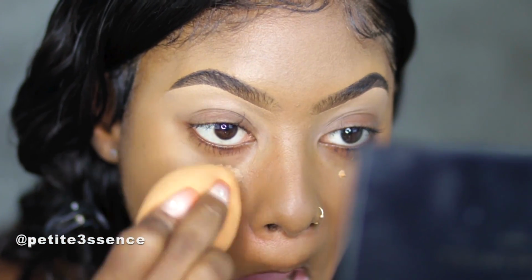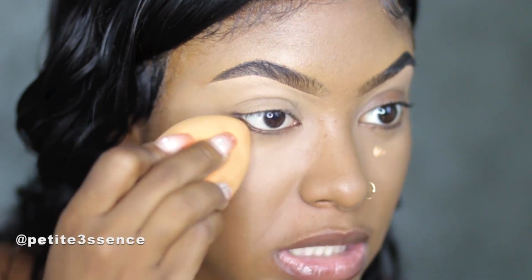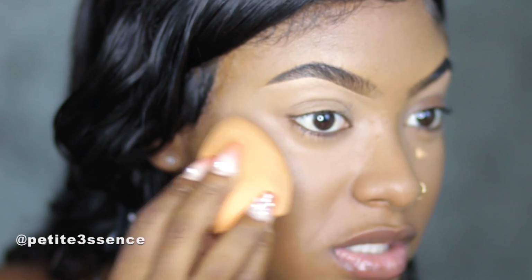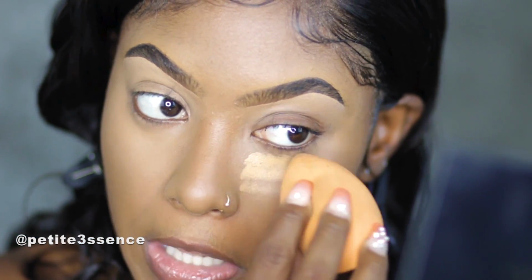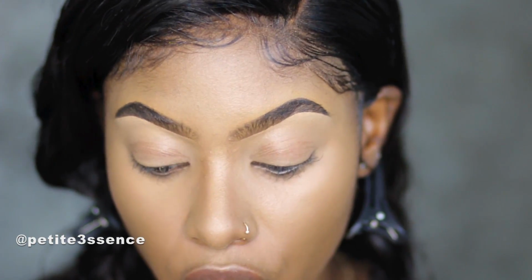I'm actually going to pump it. I really wish it had a wand. I feel like it's so nice. And this is the same concealer I used to clean up my brow, BFF. On the first attempt of blending, everything just fused together so nicely. I didn't get like a contour stick or anything, so I'm just going to proceed to setting the